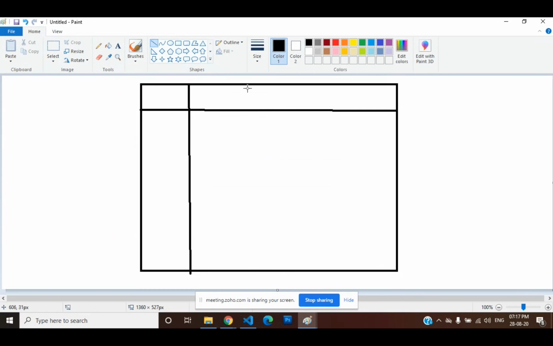Now coming to second column, you take heading as a tag. Now coming to the third one.